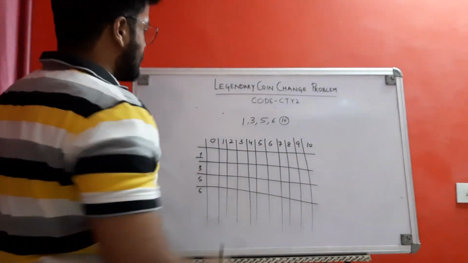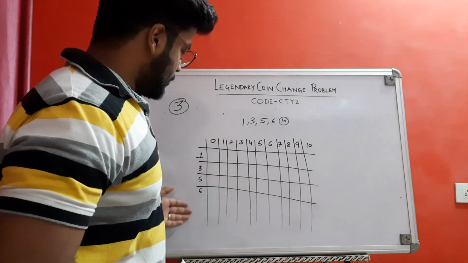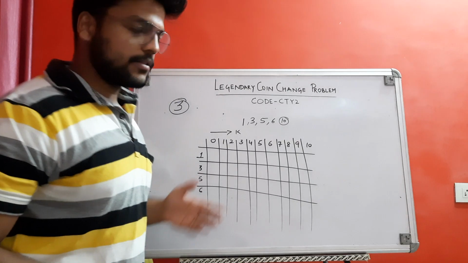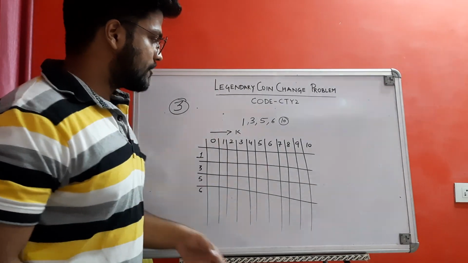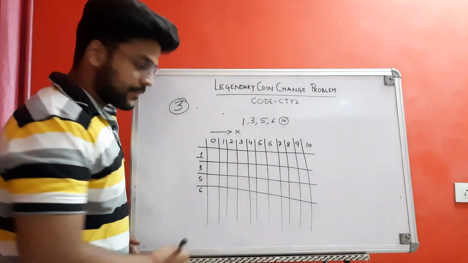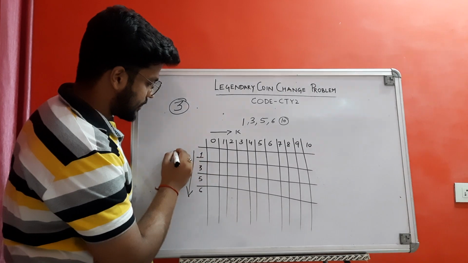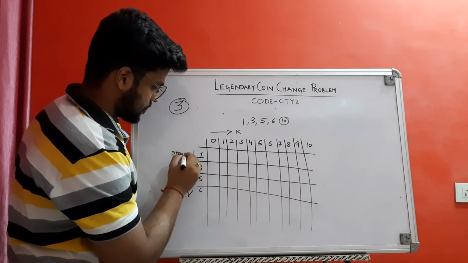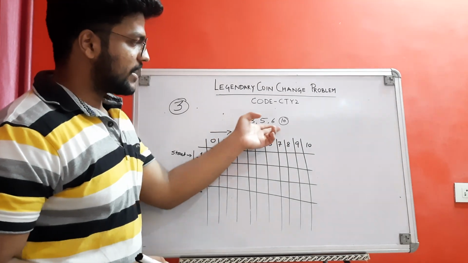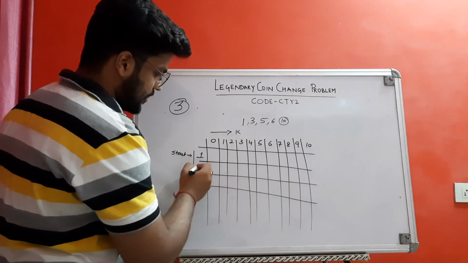So this is the third solution using dynamic programming. We will maintain a 2D array. Once again, here I will maintain the possible values of k, starting from 0 ending at k, the given value from the question. And here this is the start pointer. We have an example with denominations 1, 3, 5, 6, and we want to make the sum k equals 10. So 1, 3, 5, 6.